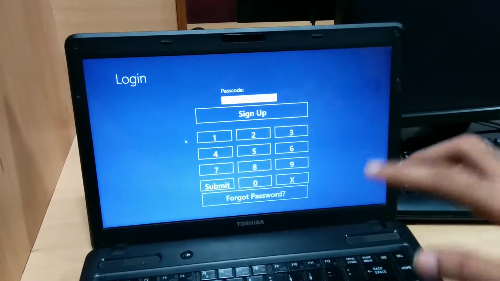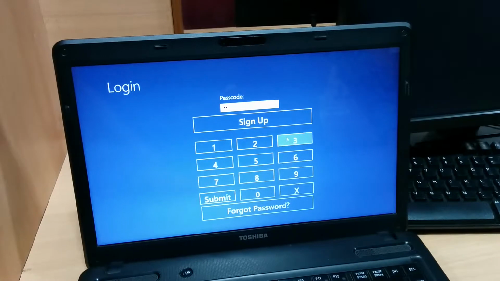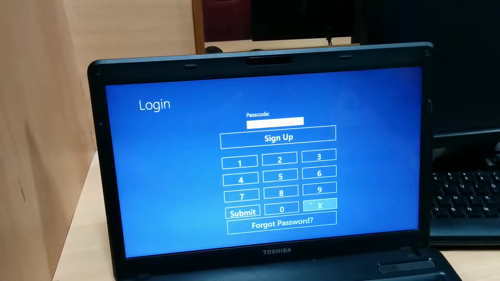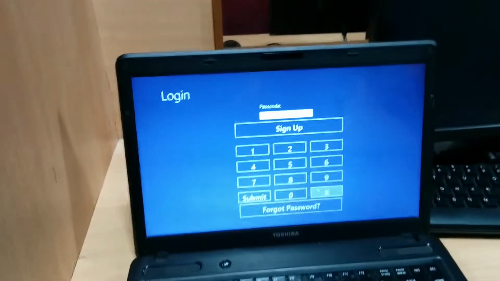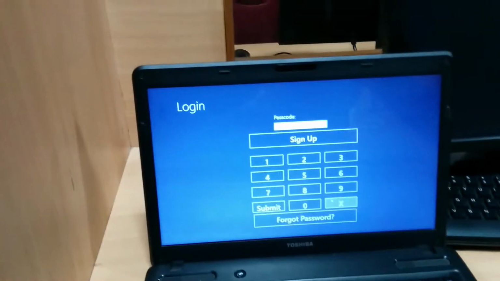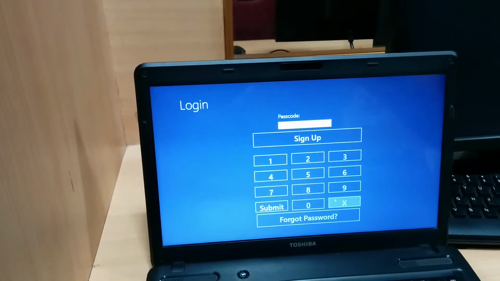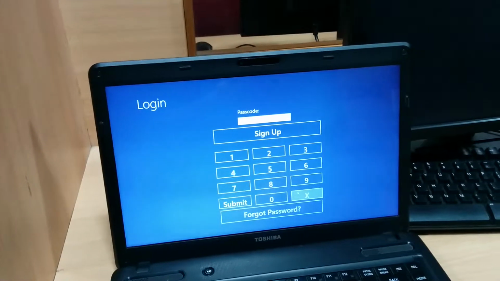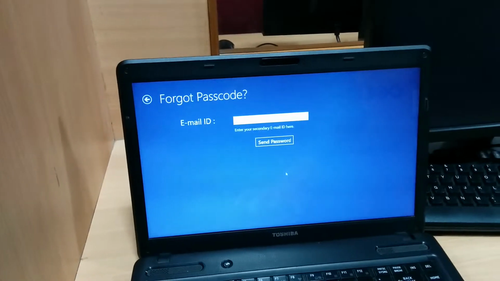we have big buttons for entering the passcode. It's not a password, where you have a standard set of values, and then you enter them, and without hitting the enter button, it directly goes in. And that's a login page. And obviously you have the forgot password in case you lose your account details.